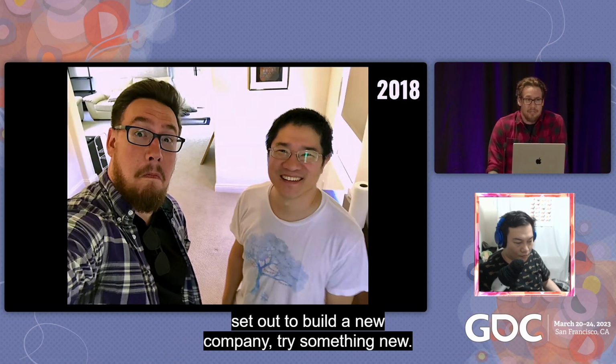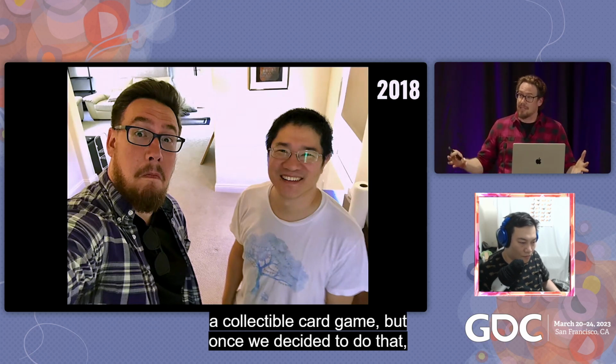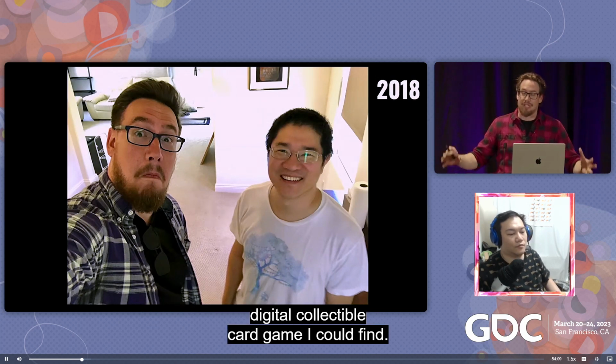Hamilton and I, Hamilton was the EP on Hearthstone, he's the CEO of Second Dinner, set out to build a new company, try something new. And we didn't know that we were going to make a collectible card game. But once we decided to do that, I once again found myself playing every mobile digital collectible card game I could find. 所以2018年的时候，他其实就离开暴雪，然后开始做自己的公司还有游戏。那这就是这个公司 CEO。